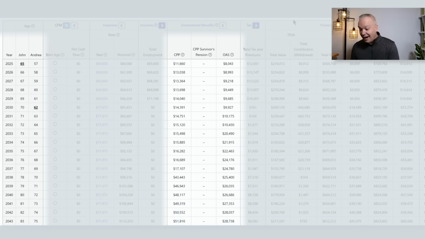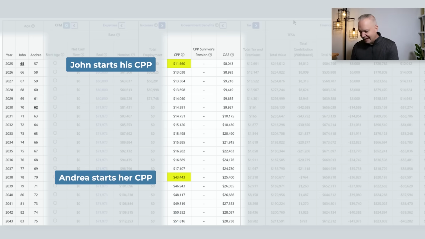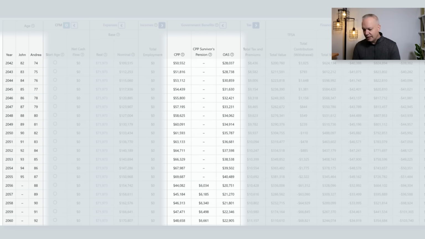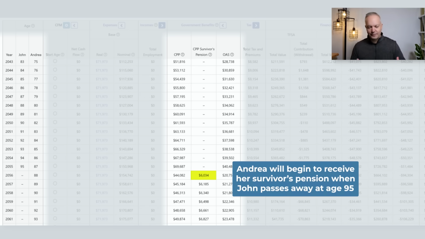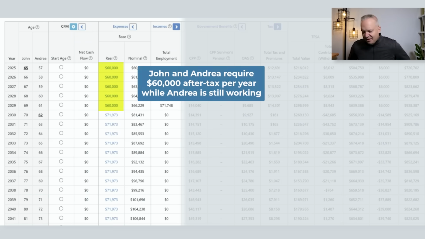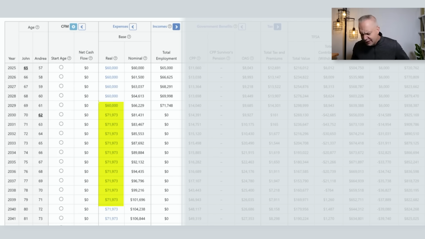So if we look at their combined CPP, you can see John's coming in and then it bumps really high at age 70 once Andrea starts hers, up to 43,000 combined. And then Andrea will have a CPP survivor pension once John passes away at 95, or if he passed away before that, obviously she would get that money before that. Now, with regards to income, I do want to focus on that they need $60,000 after tax while Andrea is still working. And then they wanted to see what's the maximum amount they can get in retirement if we fully retire both of them at 62 and 70. And you can see the number,